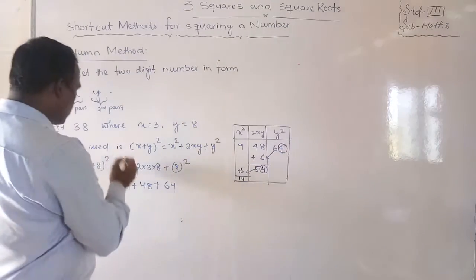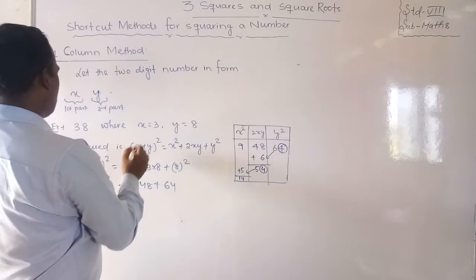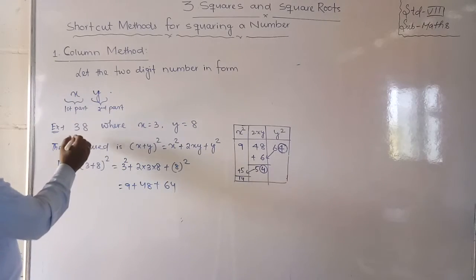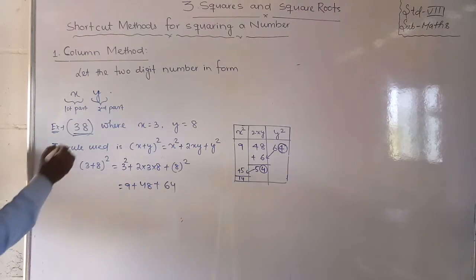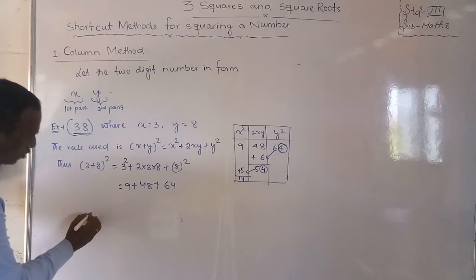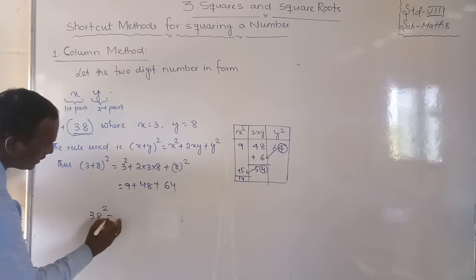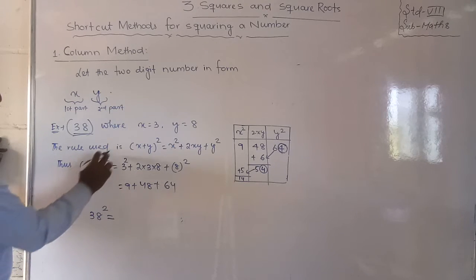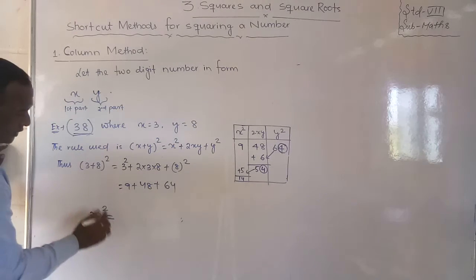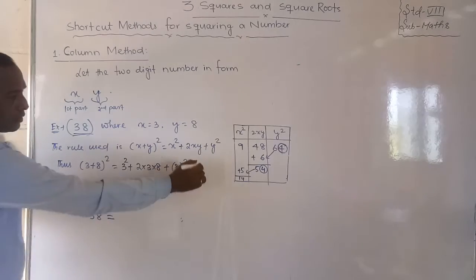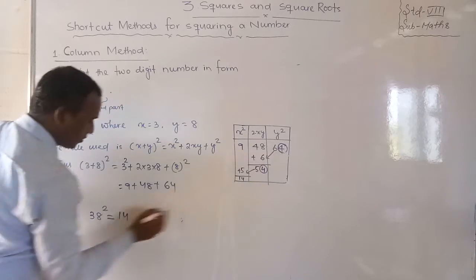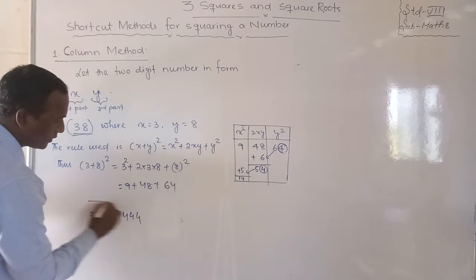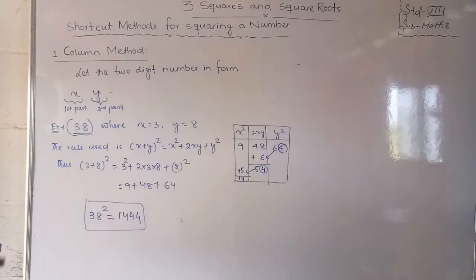That means, see, actually what number have we taken? We have taken that number. What is that? 38. So 38 square. Actually we have taken 38 square. So 38 square is equal to, don't think 3 plus 8, 11 square. 38 square is equal to, what do you have to write? 1 4, here 4 and 4. This is our answer. Did you understand, friends?